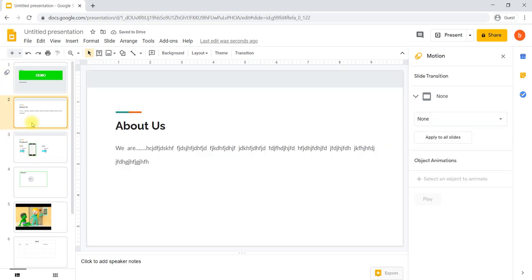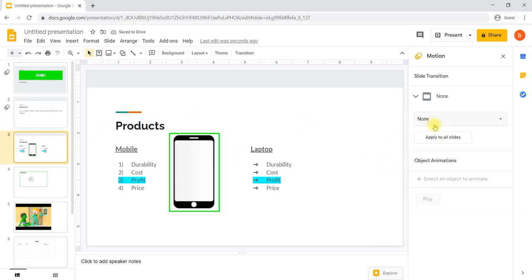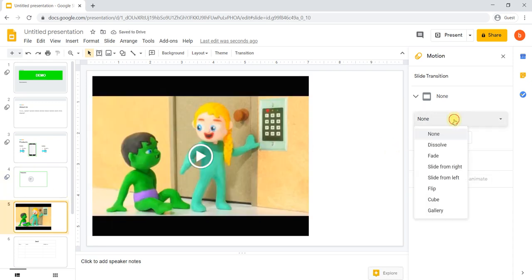Similarly for the second one, slide from right. Third one, I will say slide from left. Fourth one, I say flip. Fifth one, I can say cube.